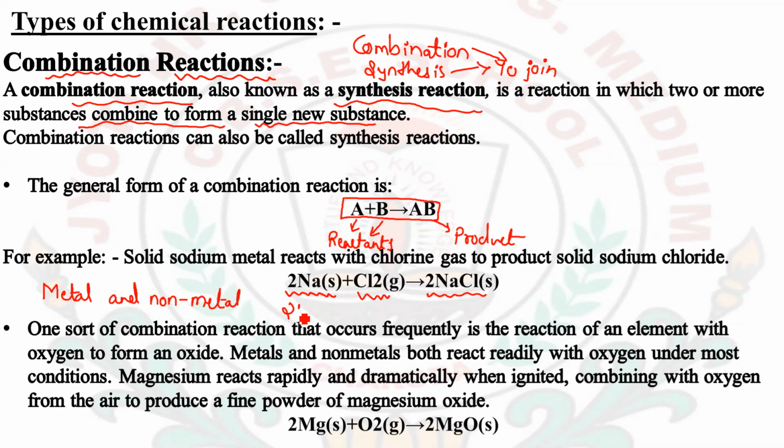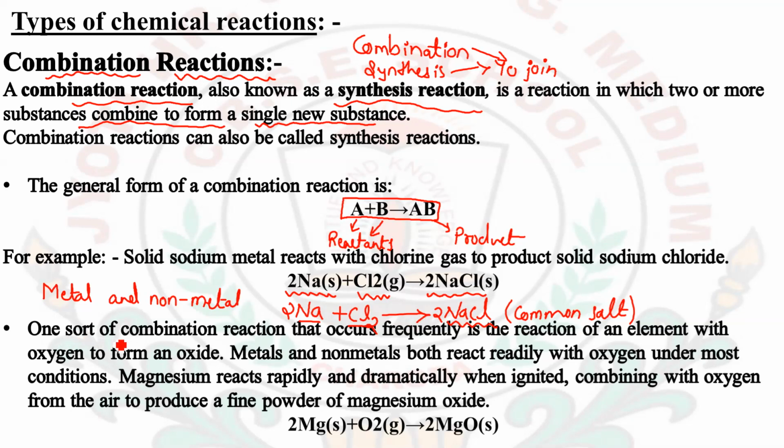Okay, so when sodium is reacted with Cl2 gas, the product is NaCl, or as we commonly call it, common salt, the salt we use at home for making our food tasty. This has been formed here. You can see that two reactants, sodium and chlorine, are used to produce a single product, sodium chloride. So this is a type of combination reaction.